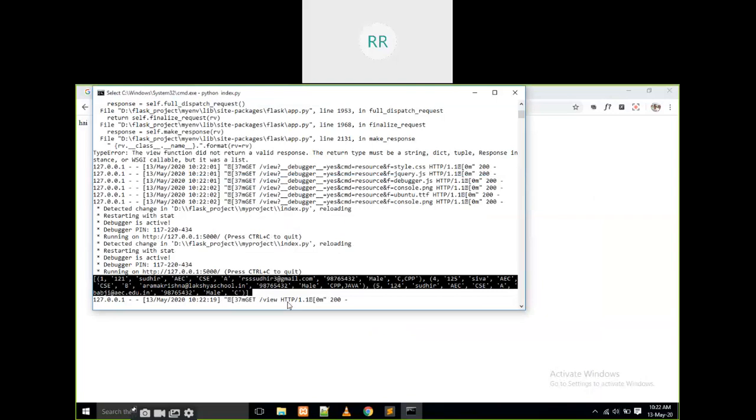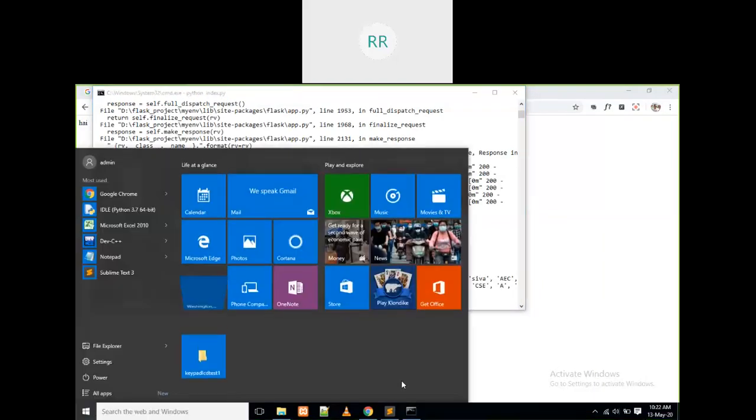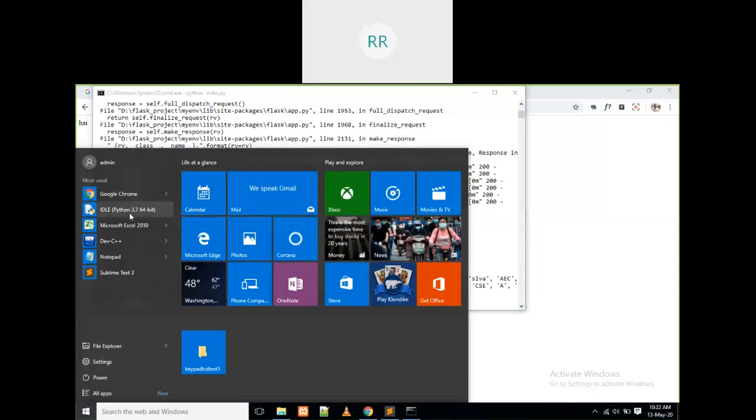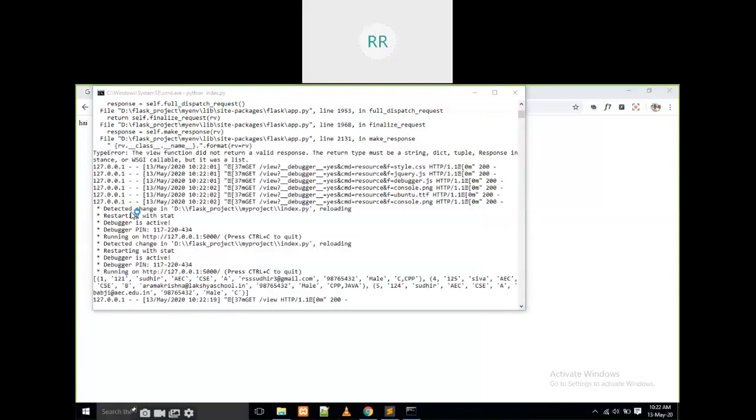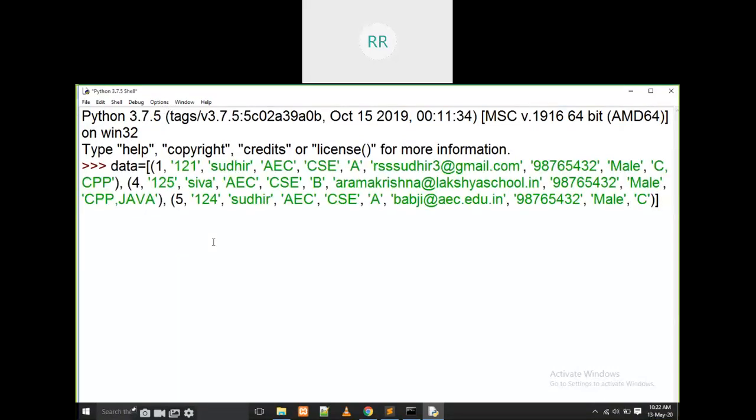The total records, I will copy it, and I will show you in this IDLE what it is. Come on, everyone, guess what is the data type for this one? Some data is equal to, it is going to be like this.